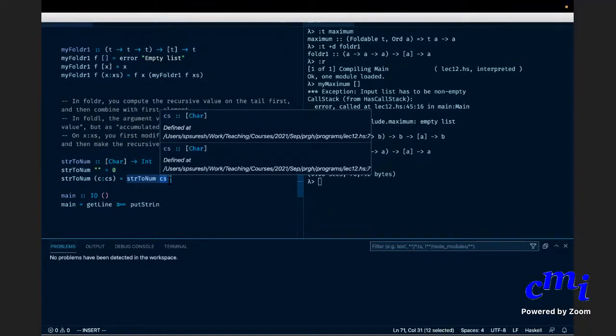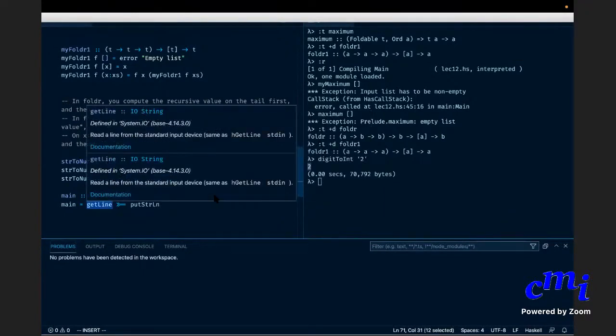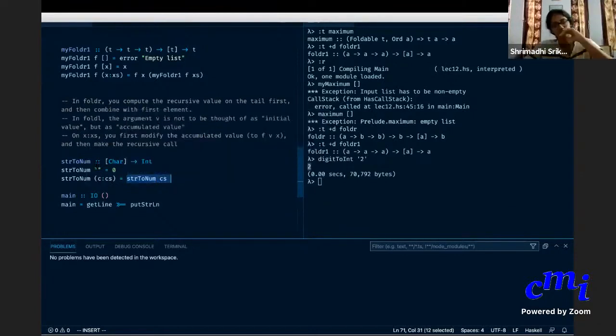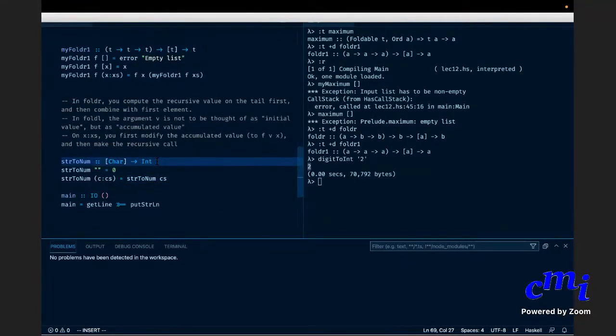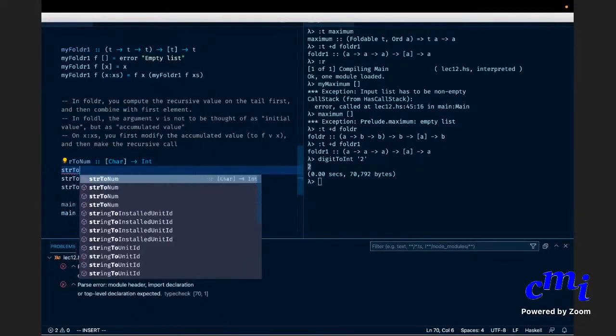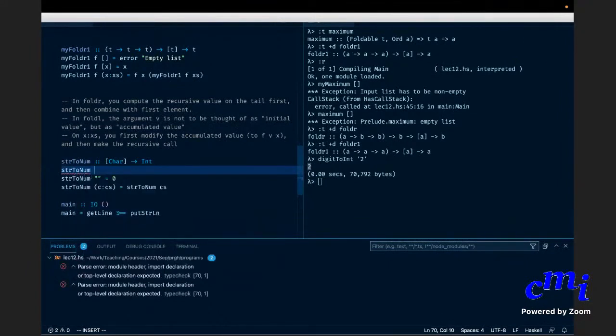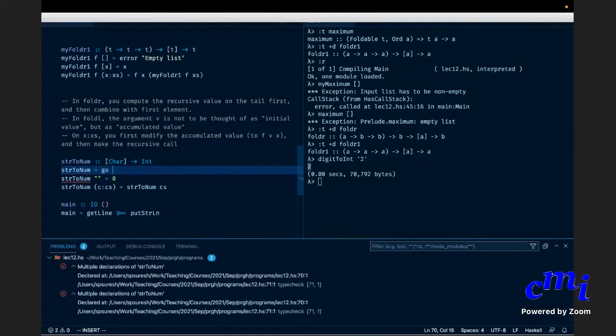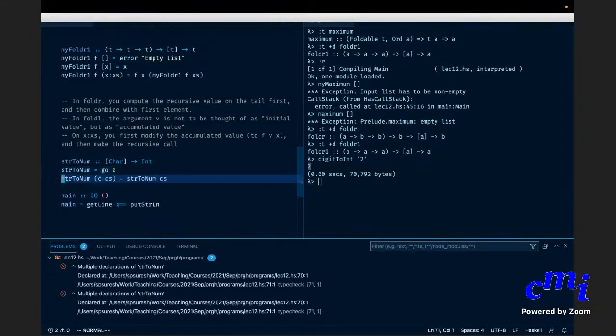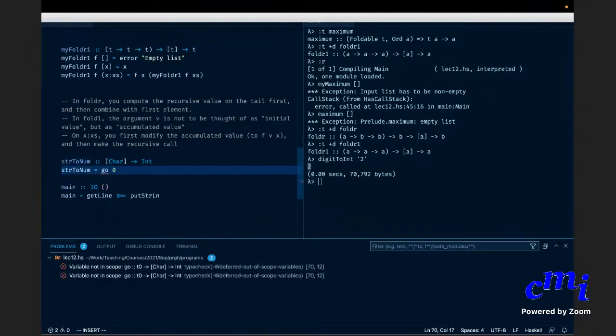So what is a better way to do it? In such cases, you will always do it as follows. You will say, okay, I'll use an accumulator value. String to num of any string equals go. No, I don't even need to say string. I'll say equals go 0. Go is some function I am going to define now. Local function. Okay, where